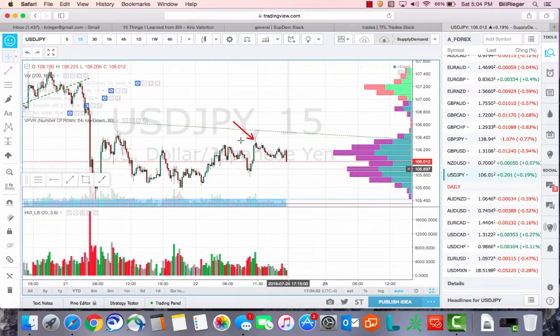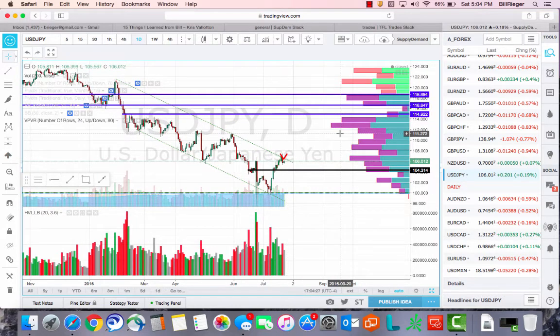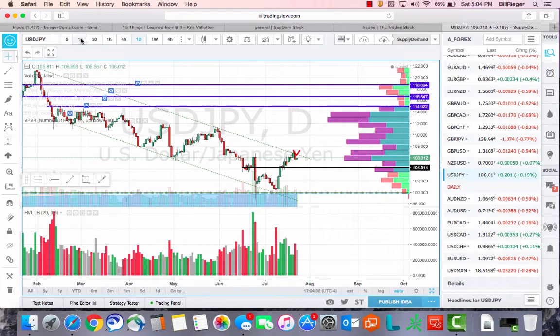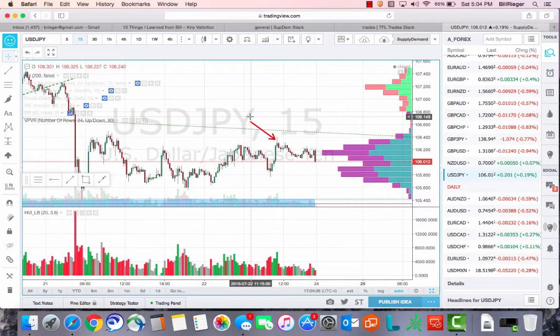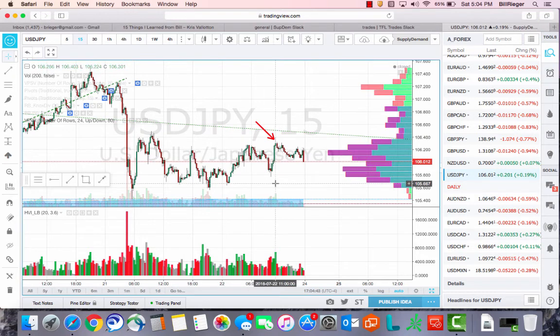But this is just an example of how I'm using volume price analysis and these volume profile bars, moving from the daily into lower time frames to try and set up some trades. Using common sense trading that we all learn, support and resistance, channel trading, and looking at breakouts, and just trying to leverage information on the screen with regards to volume and then volume at price to try and time my entries here. So far, this trade is working out. We'll find out more next week as we progress in this trade.